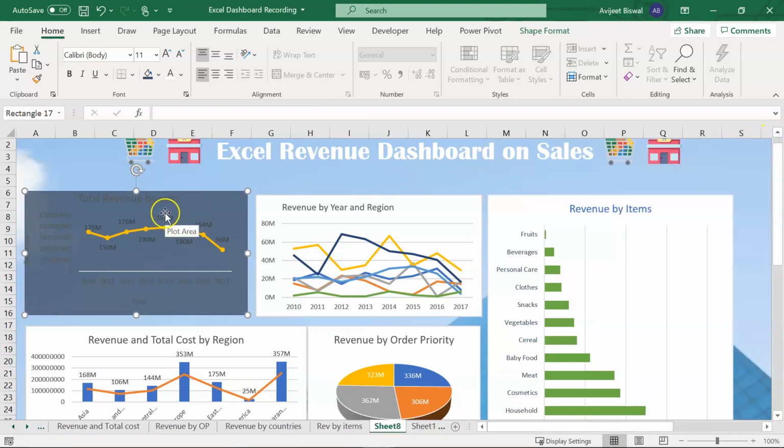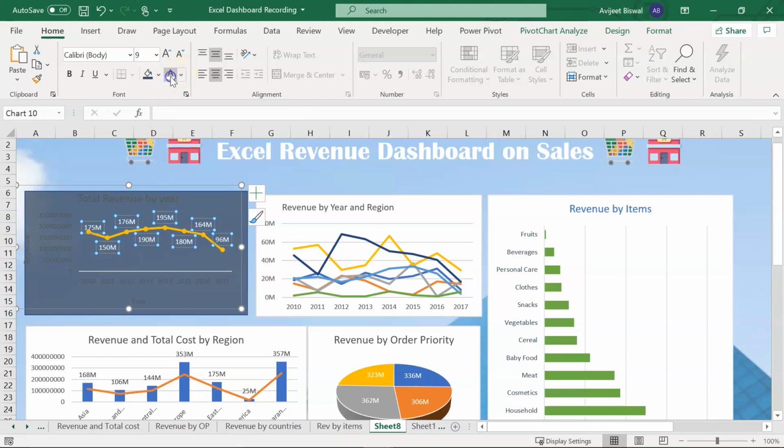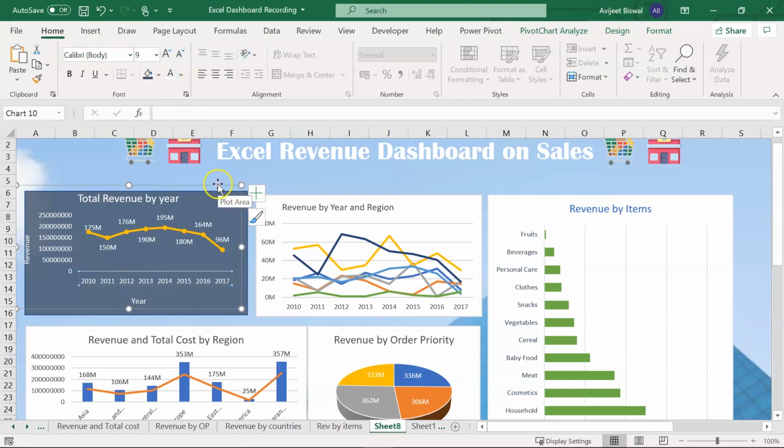Alright, next thing, we'll just convert all the font to white color, including the axis labels, the chart title. We'll also convert all the axis labels to white color so it looks better.